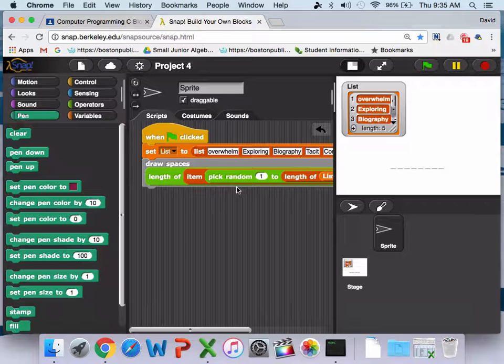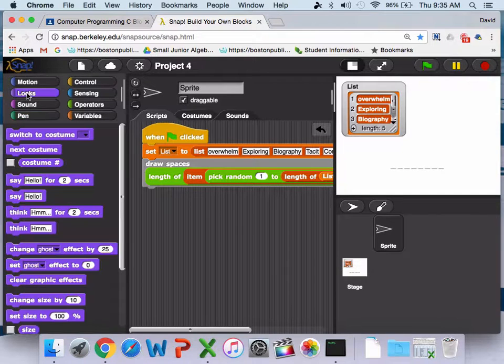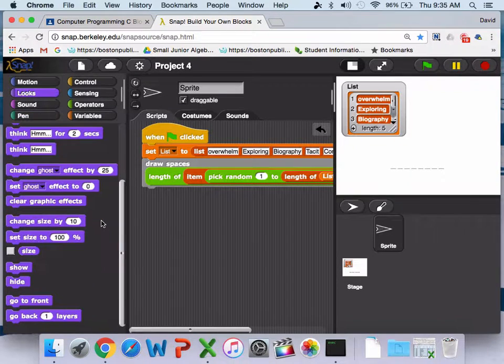And I also want to make sure that the sprite disappears. So I want to hide the sprite. So I'll make a hide